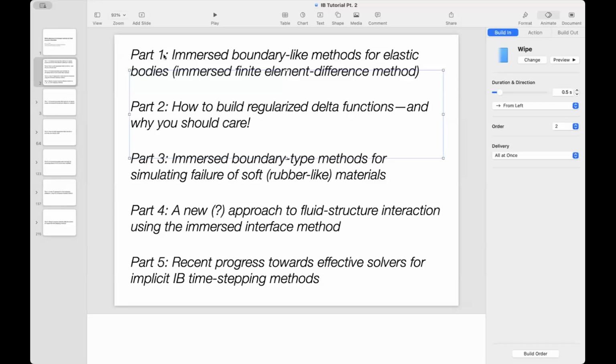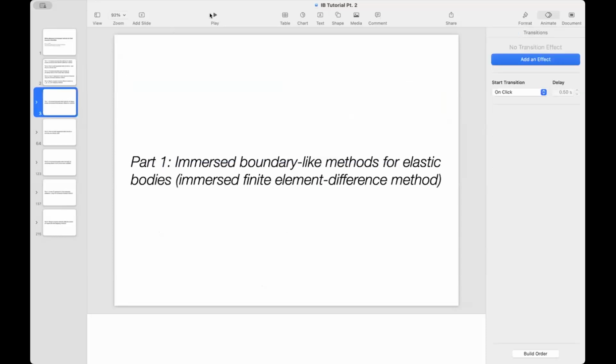We have what is a new approach to fluid structure interaction that uses the immersed interface method, and then we've got some progress towards effective solvers for implicit immersed boundary formulations, which is definitely the least developed of the five possible parts, but a good start. If anyone wants to voice an opinion? All right, so let's start with